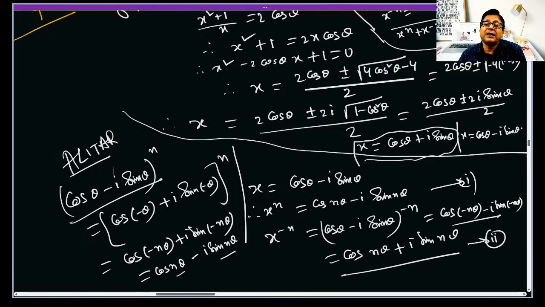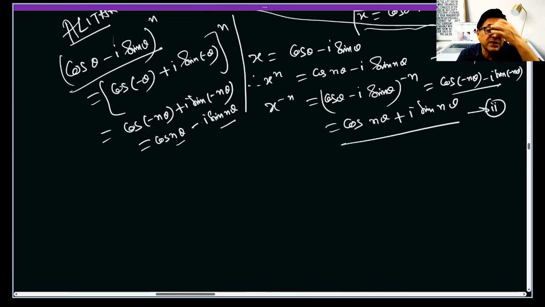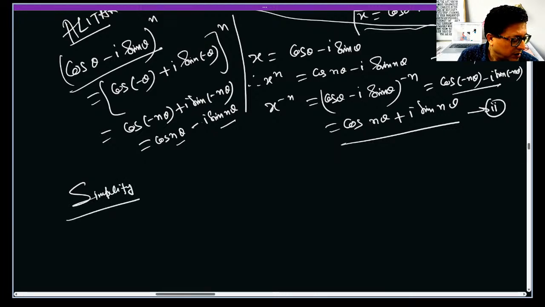By adding, we can prove that x to the power n plus x to the power minus n is 2 cos n theta, like that. Let us go for simplifying an expression like this. They have asked you to simplify this thing. Simplify cos